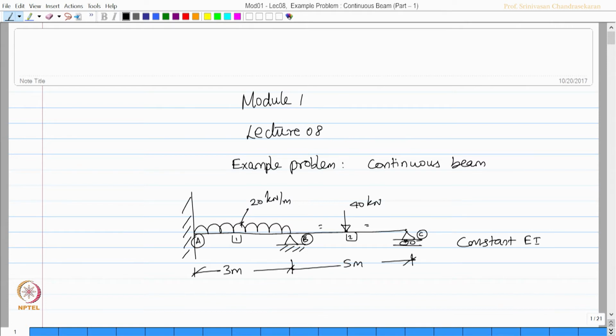and we need to find the reactions and end moments of this beam. So, analyze this beam, okay? That is the problem. So, closely look at this problem first. Support A is fixed, support B and C are simply supported. There may be some unrestrained displacements and restrained displacements. So, we need to mark them first. Let us do that. So, take the beam,